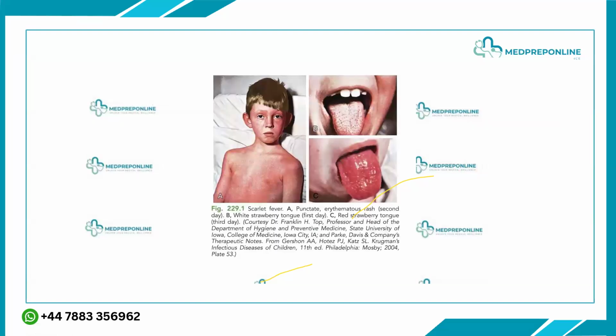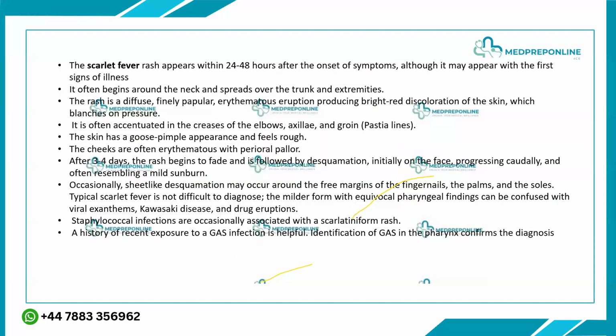अच्छा, ये क्या है? अब इसमें आप देख रहे हैं कि again 2 and 3 pictures are given. एक रैश है, और साथ में स्ट्रॉबेरी टंग है. तो दिस इज बेसिकली द रैश ऑफ स्कारलेट फीवर. स्कारलेट फीवर जो है, the rash appears within 24 to 48 hours after the onset of symptoms, although